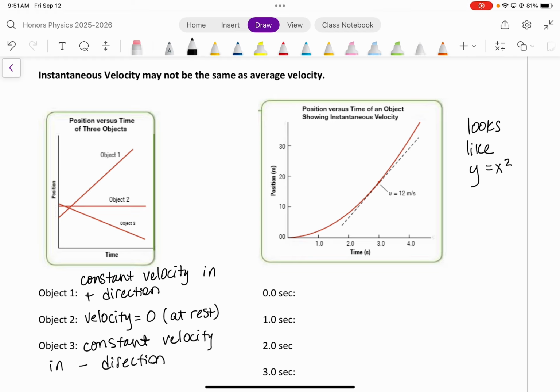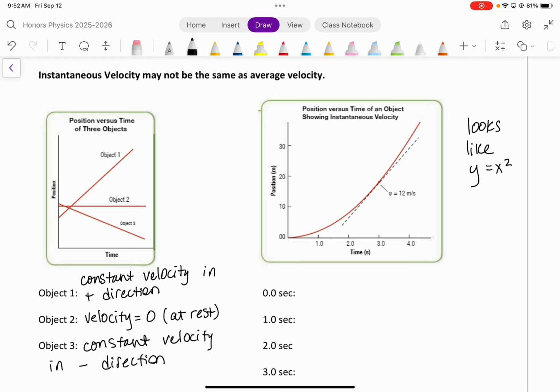So we have to imagine when we look at a curve that if there was like a circle inside and we drew this line tangent to that curve, at any particular point, the slope of the line that I draw would be the instantaneous velocity. So we have this example at this point right here. This is the line that is drawn tangent to that curve, and the slope of this line is 12 meters